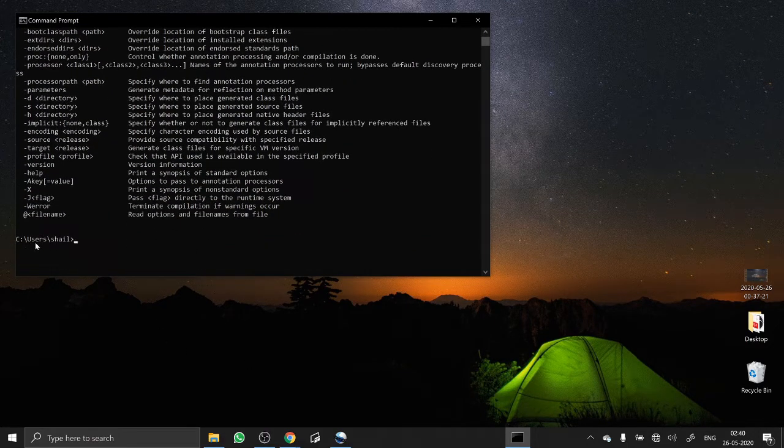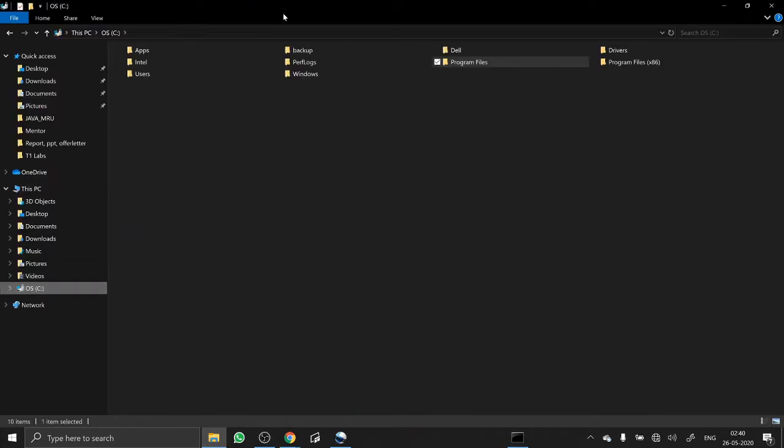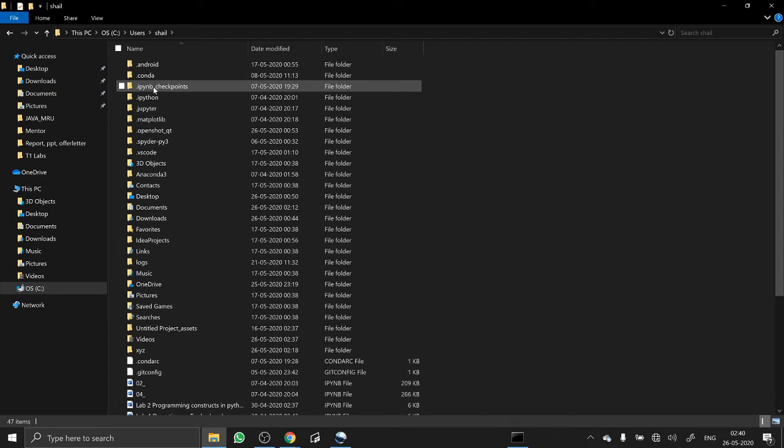Trace back this path and create a folder where we are going to store all our Java programs. So in the C drive, Users. This is the folder where all my Java programs can be executed.